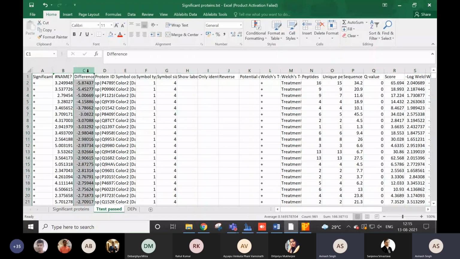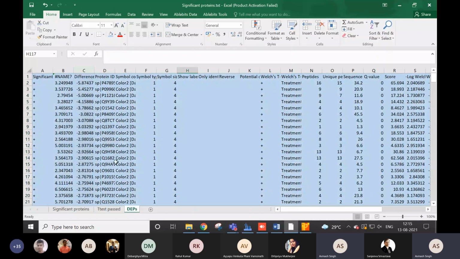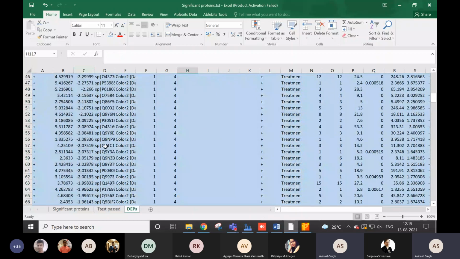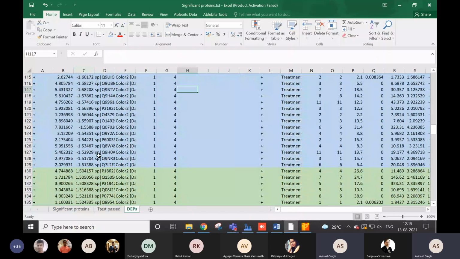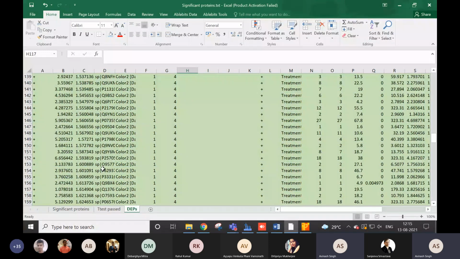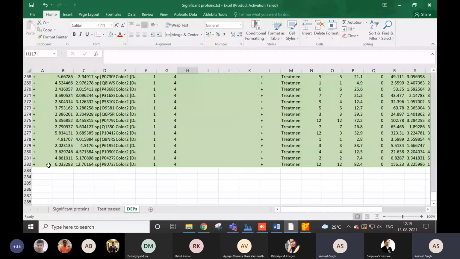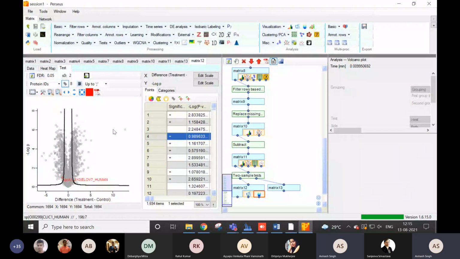So you can just select this different column and sort A to Z, and you can keep the particular criteria for fold change, which I'm taking as 1.5 for filtering our data. So these are all the down regulated proteins which have passed the fold change criteria as well as the t-test criteria, and these are basically the up regulated proteins. Around here you can see that around 282 proteins passed, which are basically differentially active proteins in this criteria. Yeah. So this is overall.